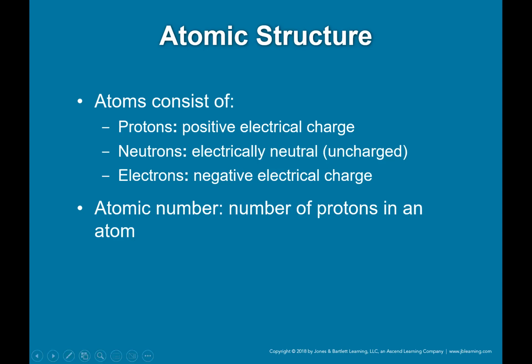Now, they consist of things called protons, neutrons, and electrons. I want you to remember proton starts with a P, so it carries a positive charge. An electron, well, we know it's electrical of some nature, carries a negative charge. Neutron, neutral, so the charge is unchanged. There's one organ system inside our body that conducts its own electricity, and that's going to be our cardiac system, through a process called automaticity. So when we think of protons, neutrons, or electrons, we're not necessarily referring to electricity,